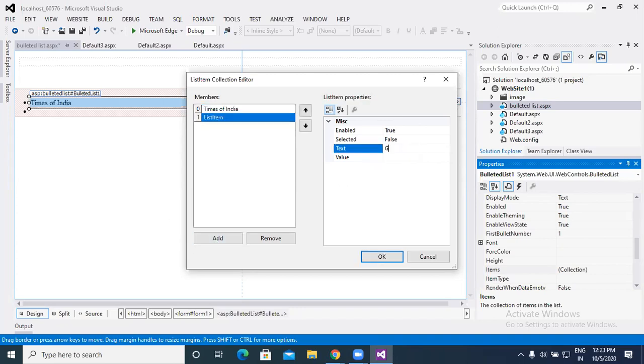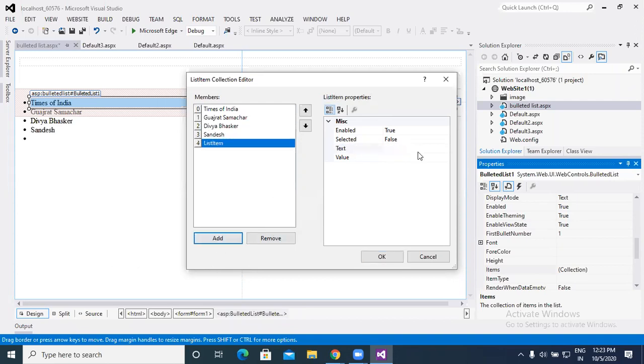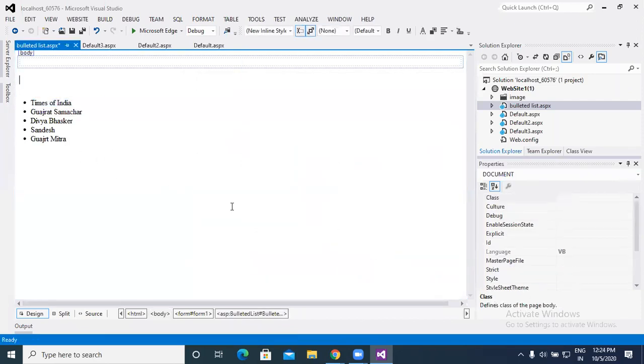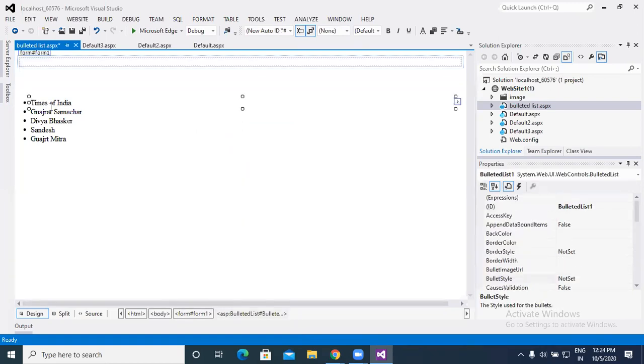Next, Gujarat Samachar. Next, Divya Bhaskar. Next, Sandesh. Next, Gujarat Mitra, etc. Whatever we set is displayed here in the bulleted list.